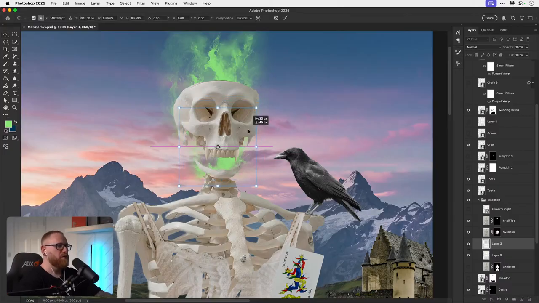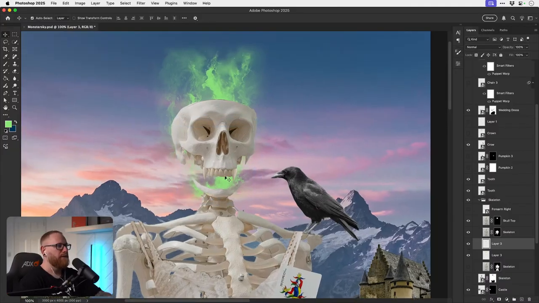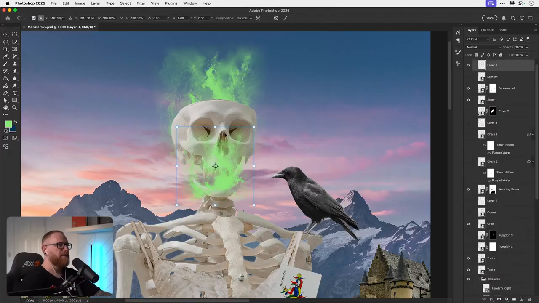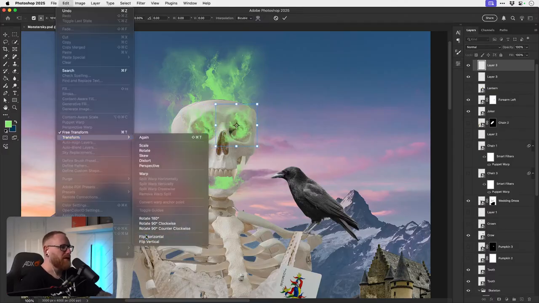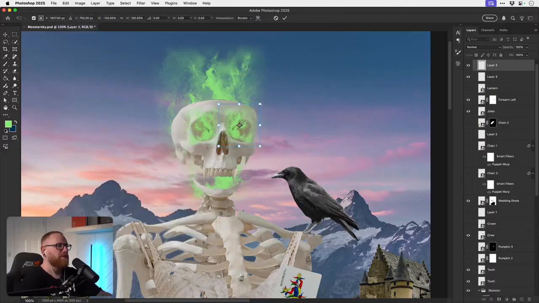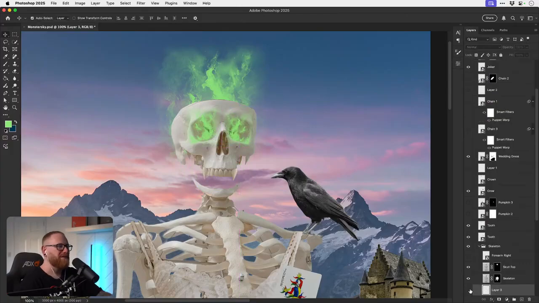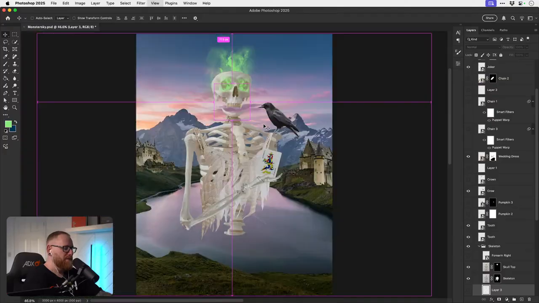To jaw or not to jaw? I think the eyes as well. Flaming eyes. There you go. Have some fire in your eyes. I think that will look pretty cool. So, I don't know. Maybe he needs a jaw.